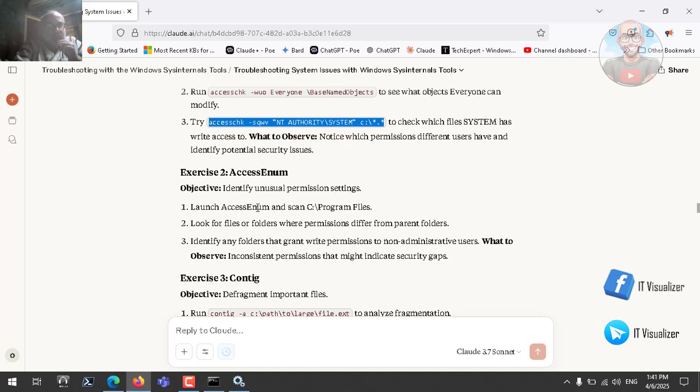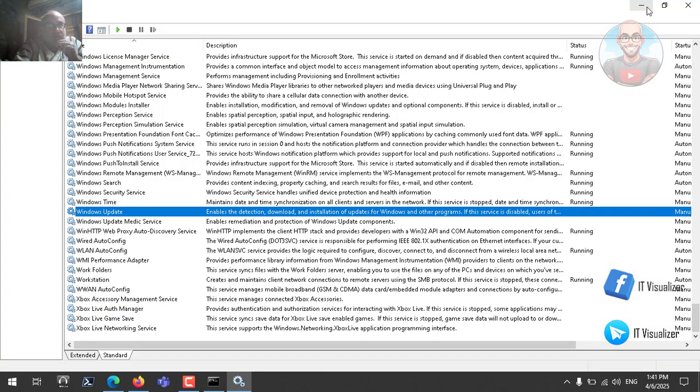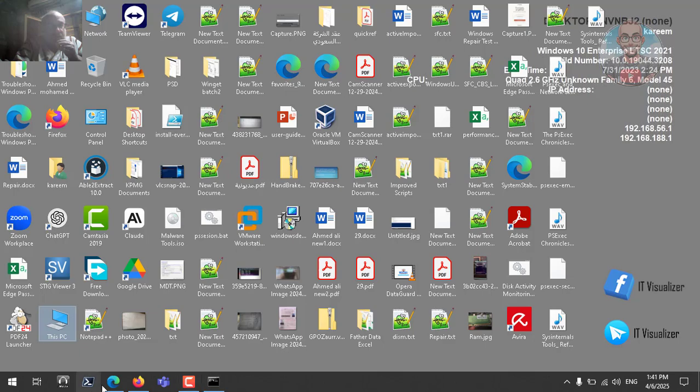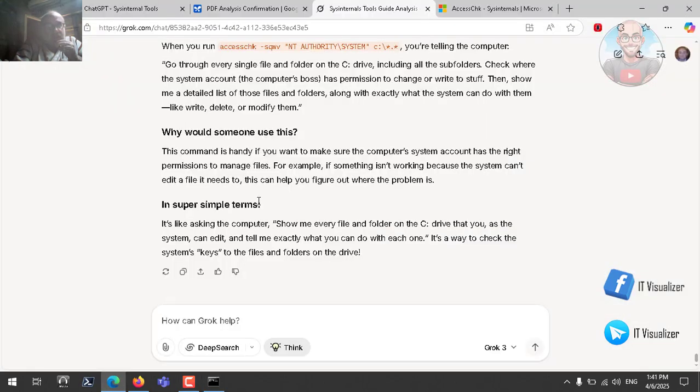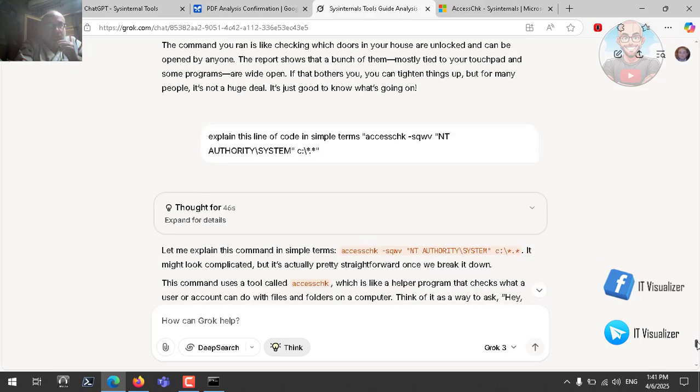So AccessEnum, is it a graphical program or a command prompt program? Let me first go and see, but before that let's read the answer of Claude concerning my code. So here let's see, here it is. Okay,